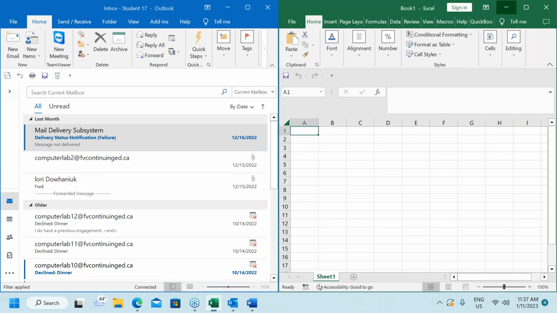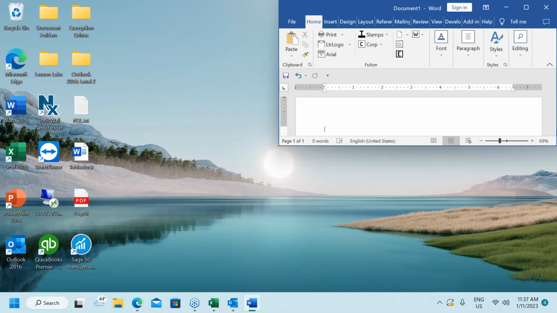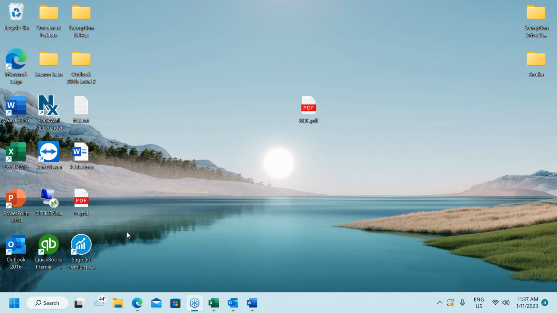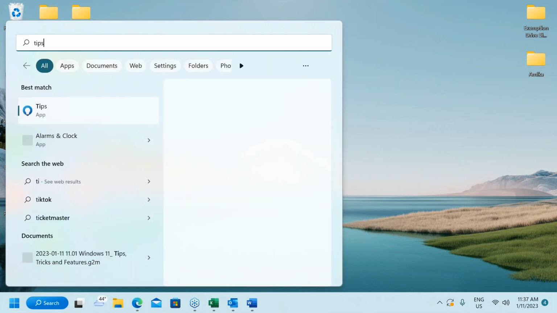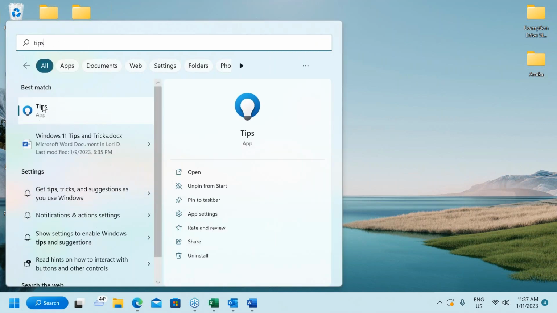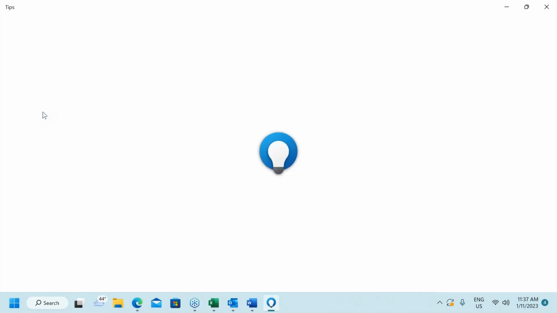Now there's a special app that is available that's called the Tips app. I'll first of all show you by clicking on the start button down here at the bottom. In the pinned section, you should see something that says tips. Now, if it wasn't there, you could click up here where it says type here to search, and type the word tips. And you can see there's a special app called the Tips app. So if I click on that to start it,